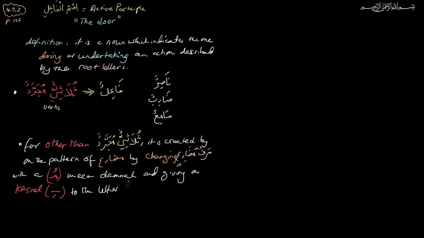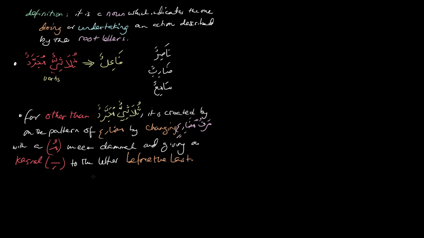As an example, I'll give you sarrafa yusarrifu. So yusarrifu, change that ya to a meem, and then musarrifun. In this case, the second to the last happens to be a kasra, but